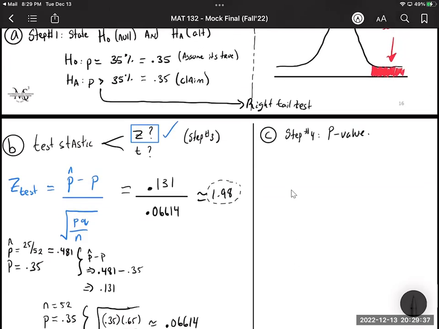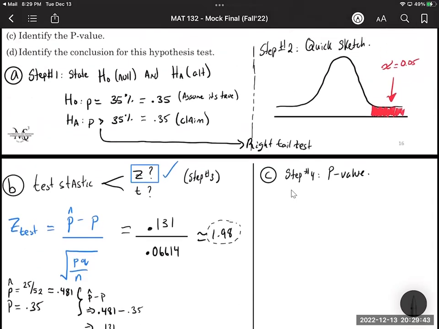So look at your alternate hypothesis. We concluded that it is what type of test? A right tail. So because it's a right tail, the p-value for part C is going to equal the area to the right